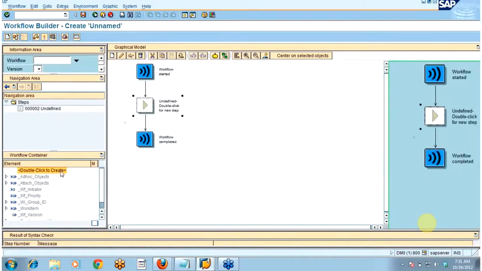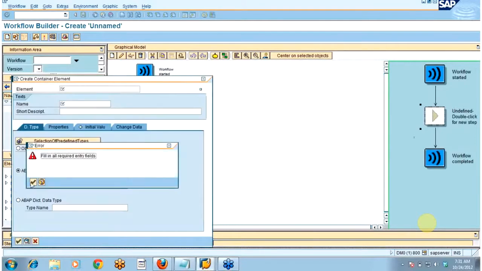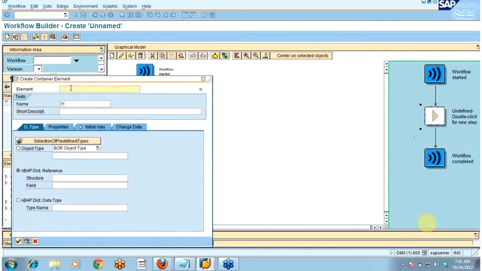First, you will have to create one structure. As I told you, in the workflow container, you should have one structure before creating one form. So suppose I'm having the structure as ztestwork6. I'm taking the same structure as the table.